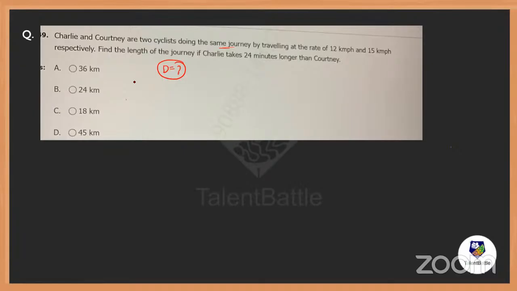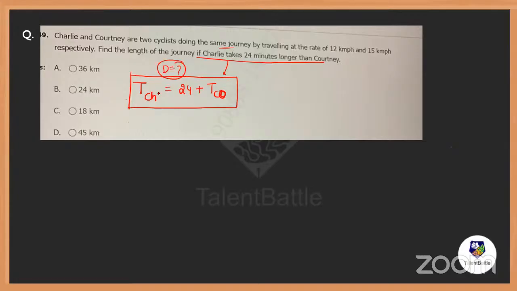Time taken by Charlie is 24 minutes longer than time taken by Courtney, everybody. Is this line crystal clear or not? Yes or no? Because if Courtney takes 5 minutes, Charlie takes 24 plus 5, 29 minutes.